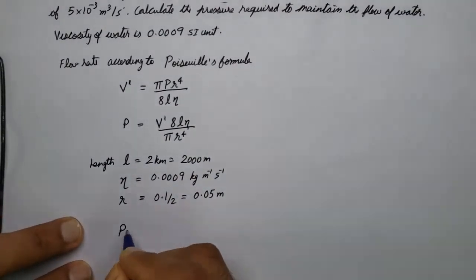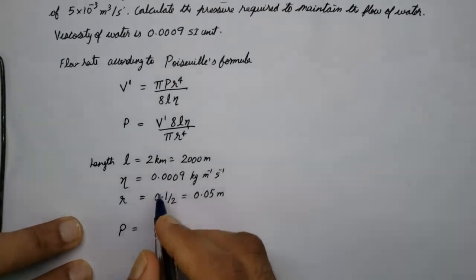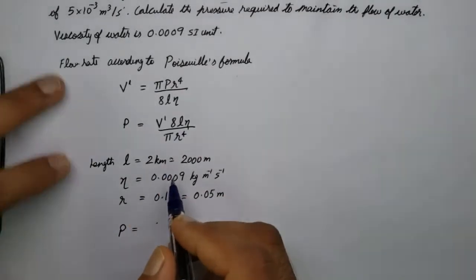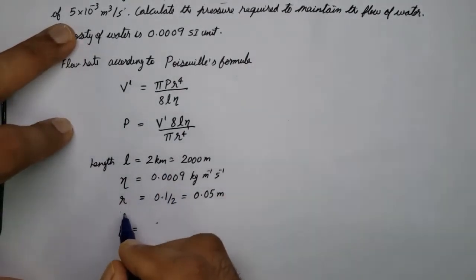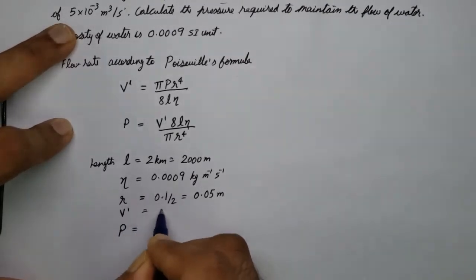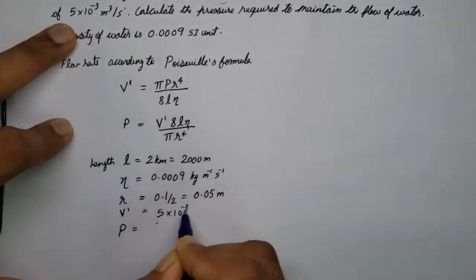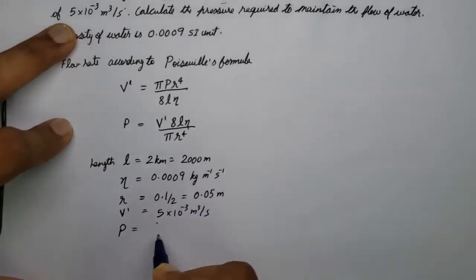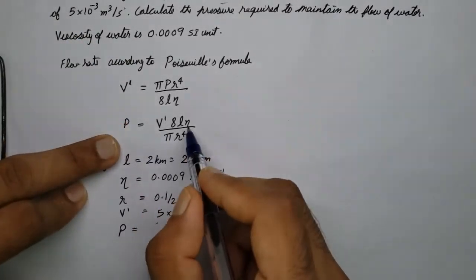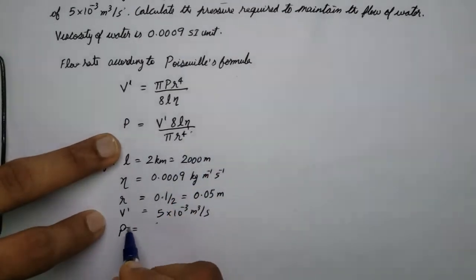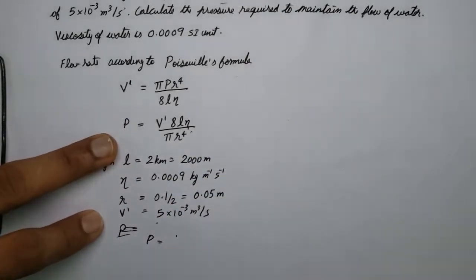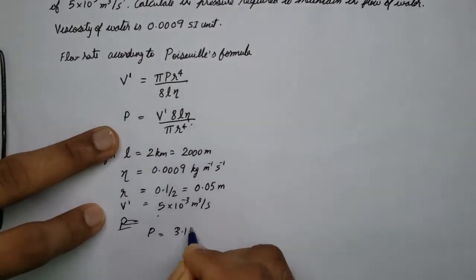So what will be the pressure? Pressure P will be equal to volume flow rate. Flow rate is, okay, we have pipes. The flow rate is given as, we have V dash is equal to 5 into 10 power minus 3 meter cube per second. So now we can substitute in this equation to get the pressure. So the pressure P is equal to 3.14 into,